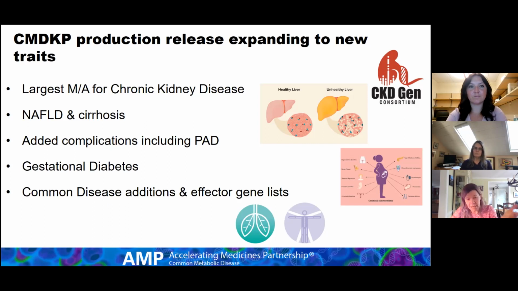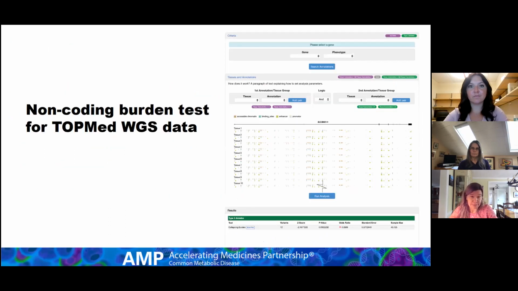And in talking to our collaborators and our folks at the NIDDK, we really felt that we'd like to expand also into gestational diabetes and represent those results on the Knowledge Portal. So that's for the common metabolic disease space, but in other common disease areas, you'll see the additions of effector gene lists for osteoarthritis in the musculoskeletal portal. You'll also see the updated host genetic data for COVID-19 in the lung genetics portal. I think that's a really exciting feature that we'll be adding to that portal in March. So look for those data sets coming online.